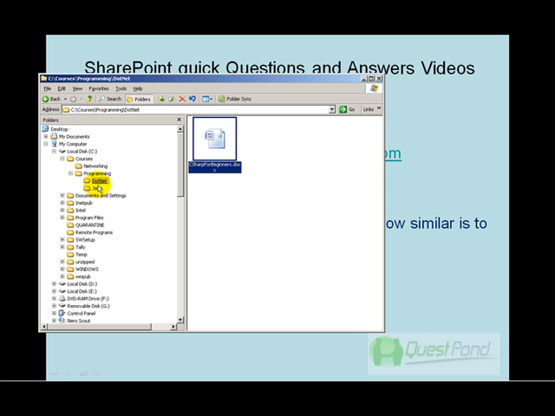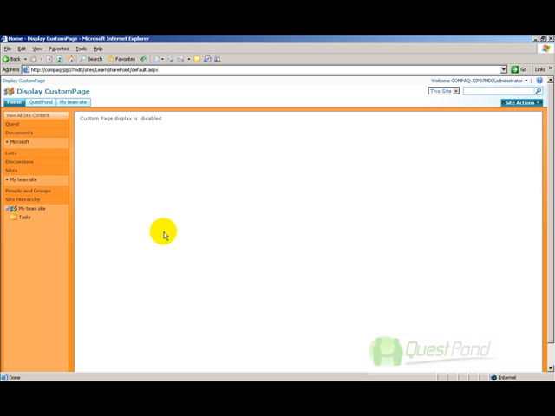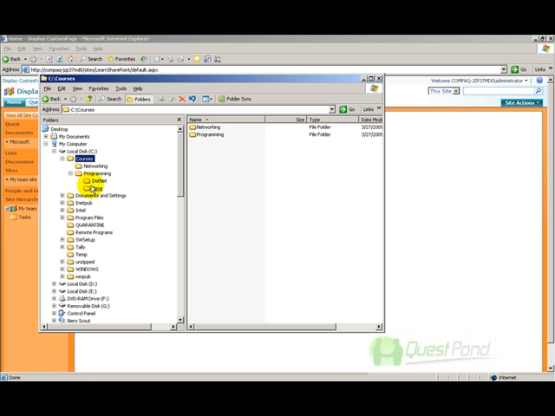Now in this session we will try to mimic the same folder structure on SharePoint, and we will see how we can then use this to centralize our official documents. So let's create the same folder structure in our SharePoint site. Here's our SharePoint site, Learn SharePoint. Now we'll create courses, networking, programming, and two more folders under programming